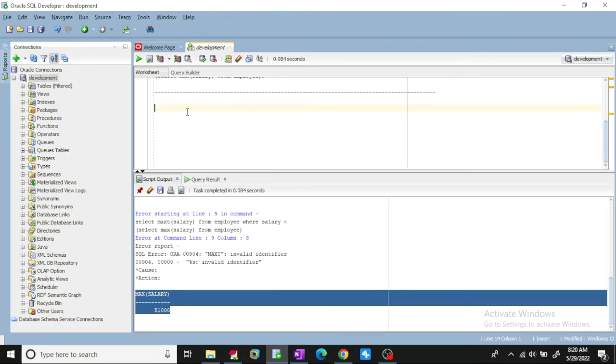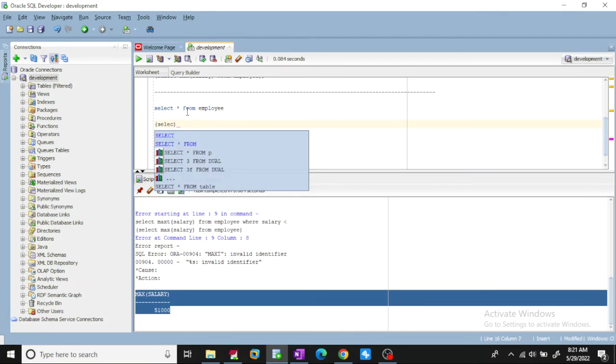So what I want to do is select star from employee, and here I'll write a subquery using a where condition. First we'll write the select query, and then we'll see which filter condition we have to apply. So here I want to select count of distinct salary